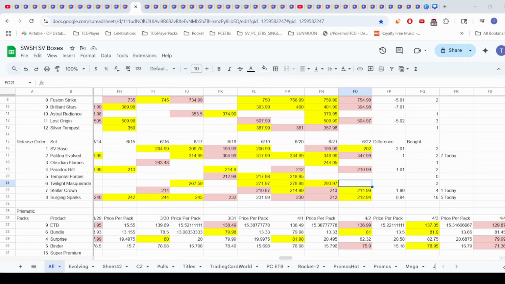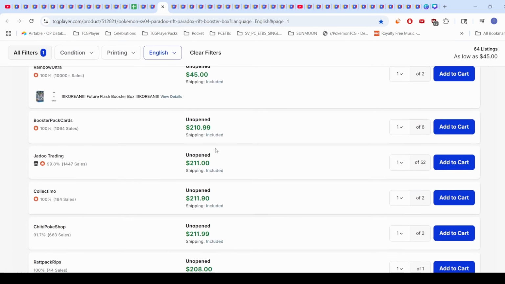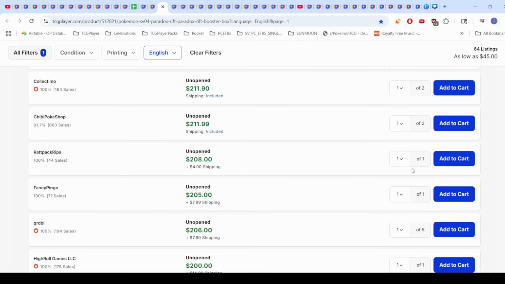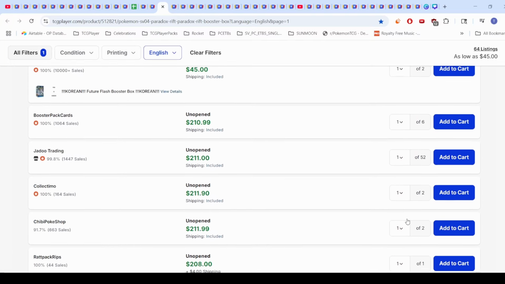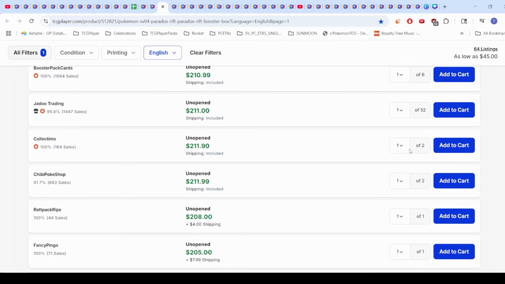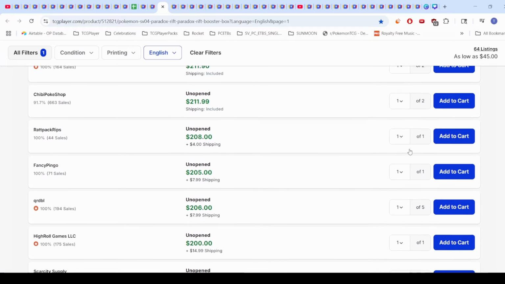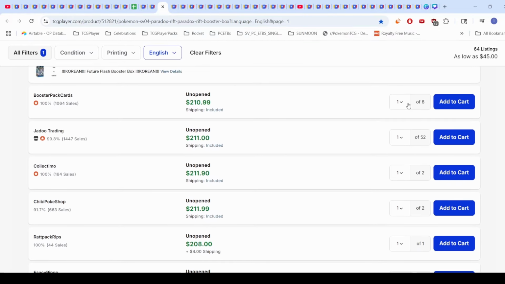Chilling Reign drops. There was a massive offload of Paradox boxes, so not necessarily a huge deal or anything, but this is a huge contrast to what you just saw. So look at Paradox Rift compared to what you saw with Paradox in Paldea and Twilight. If you look at all the sellers here, most of them are selling at least two. And then there are some bigger sellers, you see six over here,